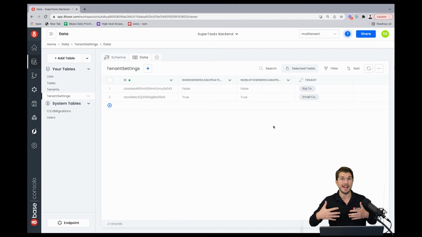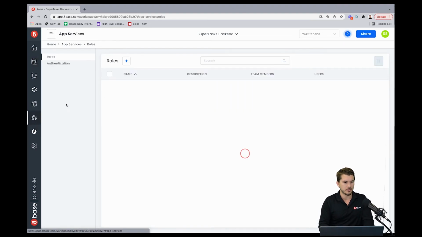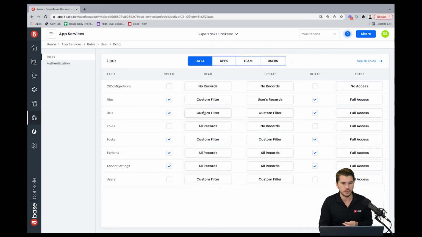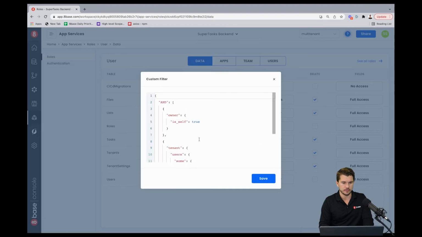the database. And now we want to tie those back into our roles and permissions engine to make sure that depending on not only the users that send in the query, but the tenant that they are sending that query on behalf of, we can think of it that way, these permissions are taken into consideration. So now I'm going to go back to my app services and go to my user role. And I'm going to go to my lists update and custom filter. So